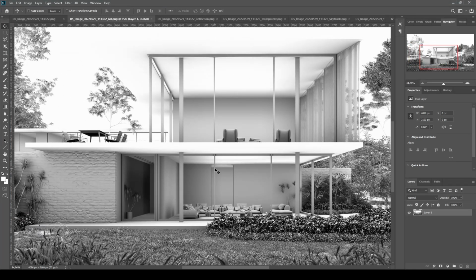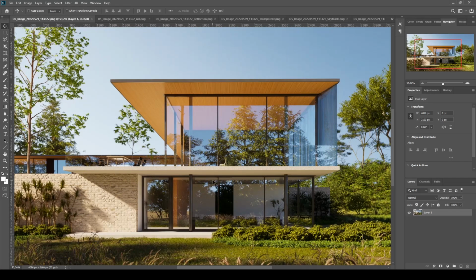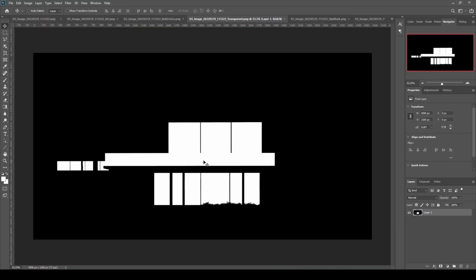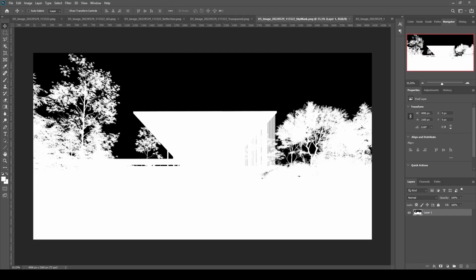And in the ambient occlusion, we can see shadows in the building. But when it comes to combining the ambient occlusion with the main render, your windows glass can be darkened. If you want to escape that, you can use the transparent layer for the windows mask. And we also have a nearly same layer here, which is Sky Mask. As you can understand from its name, it's a mask layer, but it is used for the sky. If you want to change the sky, you can use this mask.